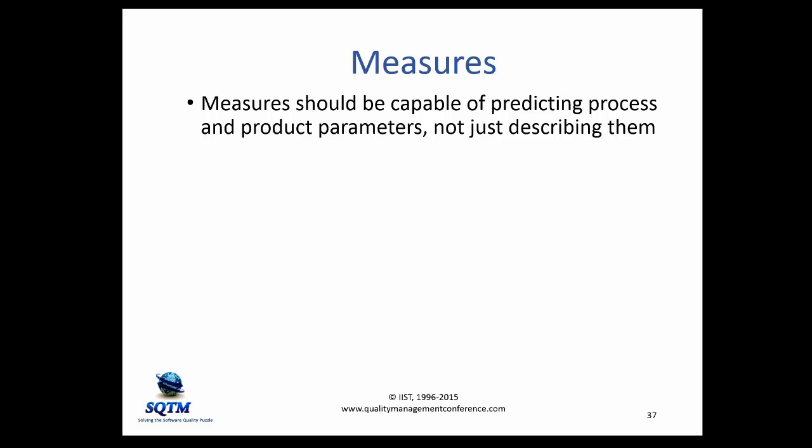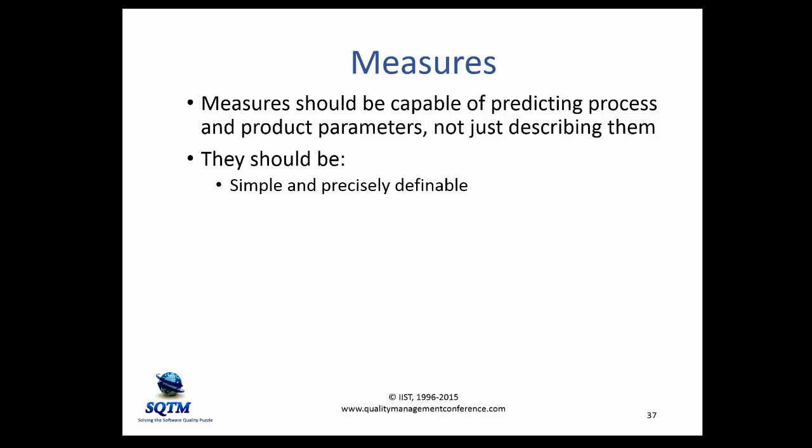You need to remember that measures should be capable of predicting process and product parameters, not just describing them. You can collect all the historical data you want, but until you actually use it to describe and predict the process and product parameters, then you've wasted half of your